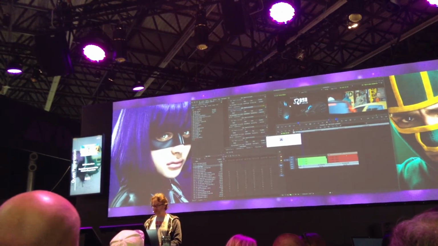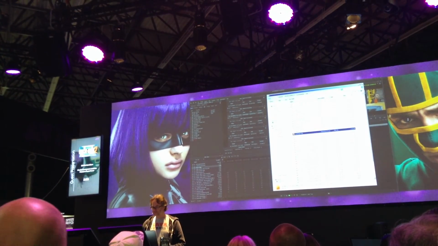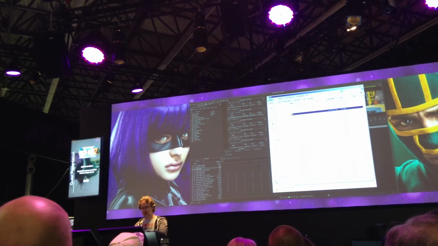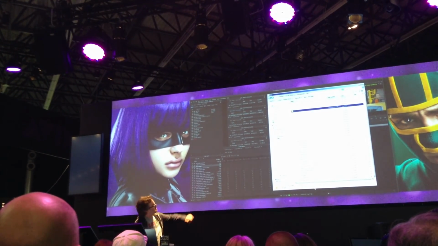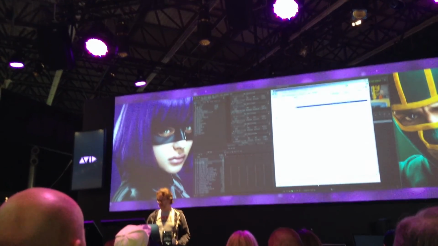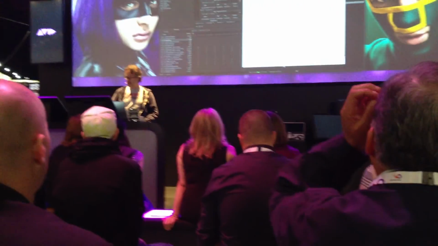Hey, while we're there, let me just show you how we organize the media. So on each drive, we've got separate individually numbered subfolders, and then underneath we use a text file to tell us what's in there. So you don't just end up with a load of numbers. I know that